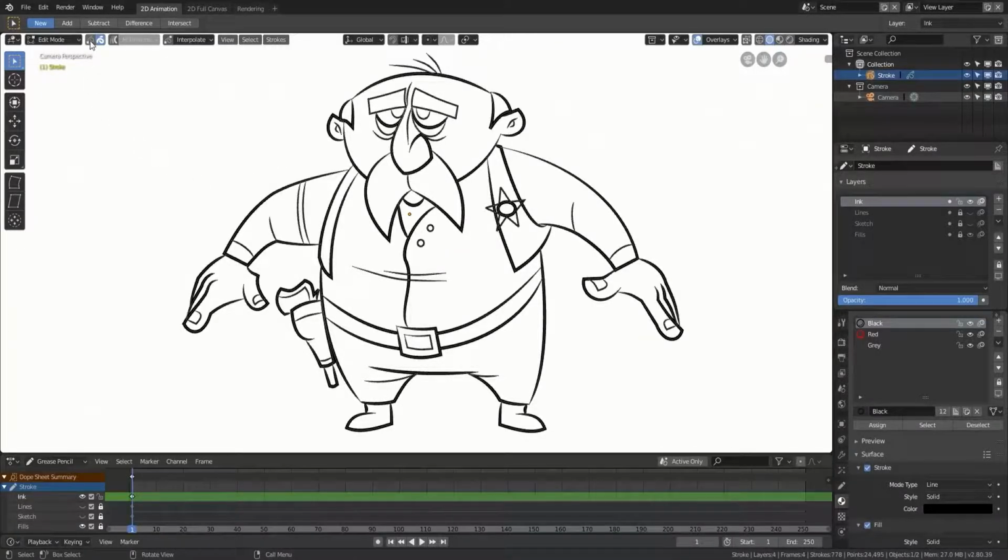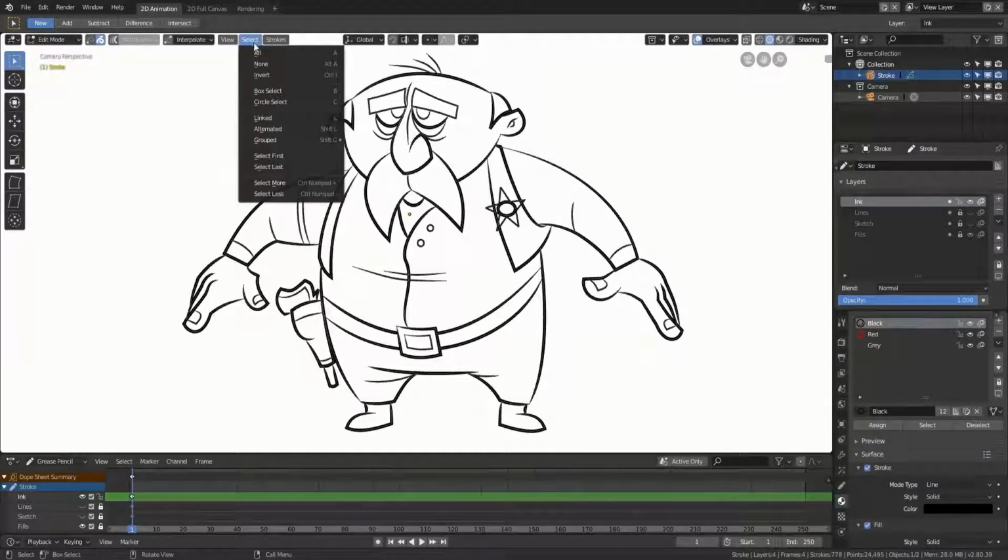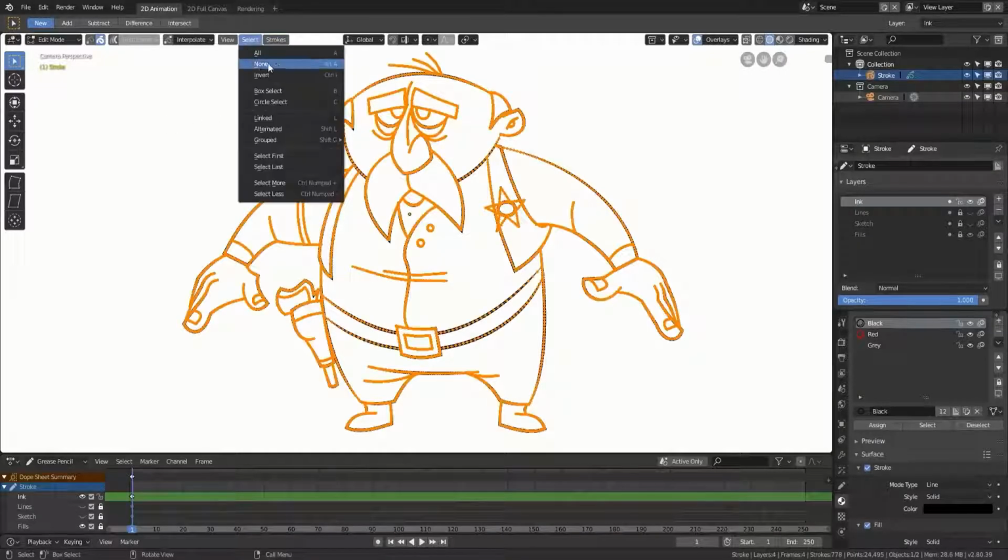The first thing to do before starting to edit your drawing is to select what you want to modify. You can toggle your selection mode between points and strokes. You can also use the number keys 1 and 2 to toggle. There are many ways in Blender to select. You can find them in the Select menu